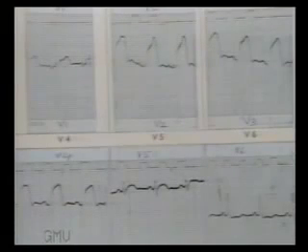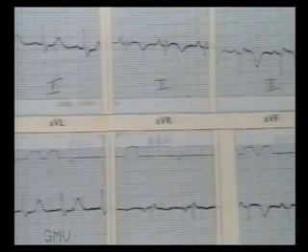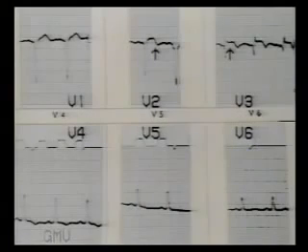Note the very tall ST segment elevations from V1 to V5. This is a fresh and extensive anterior wall infarct. This ECG shows leads 2, 3 and AVF with slight ST elevation and deeply inverted symmetrical T waves. This indicates an inferior wall infarct which is 2 to 3 weeks old. Note the reciprocal tall T waves in 1 and AVL. This T wave inversion persists for 2 to 3 months.